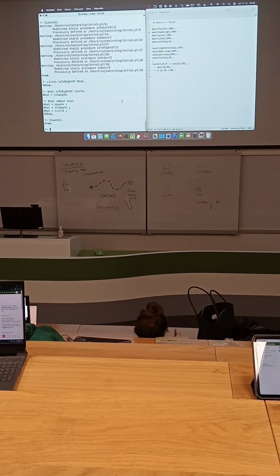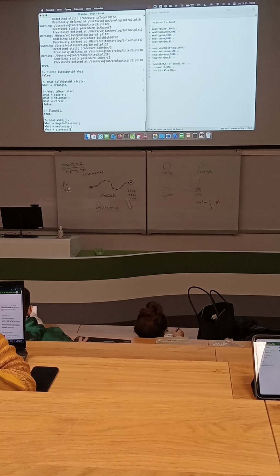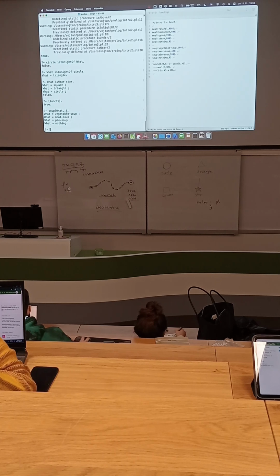And soup is here. Well, so, cook me soup, what? And value is not important, just soup name. Vegetable soup, meat soup, pie soup, nothing. Meal.